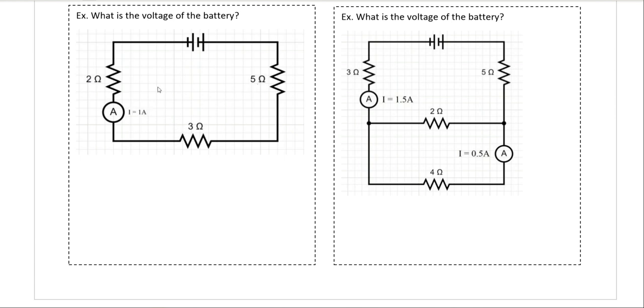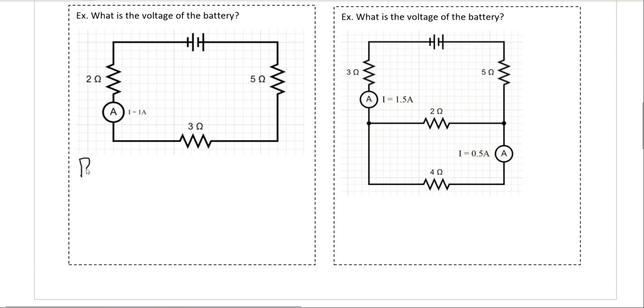1 times 5, 5 volts. I have 2, 3, and 5 volts across these. And I know this, minus 5, minus 3, minus 2, should equal 0 when I do my loop. That's one way of doing it. I just explained it, but honestly, that seems like a lot of work